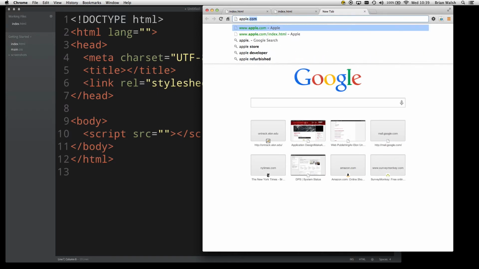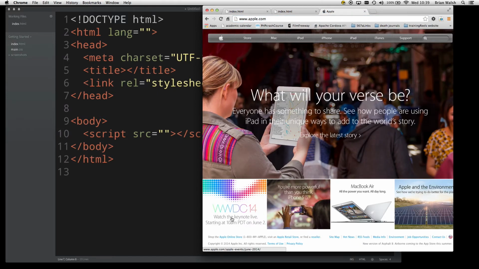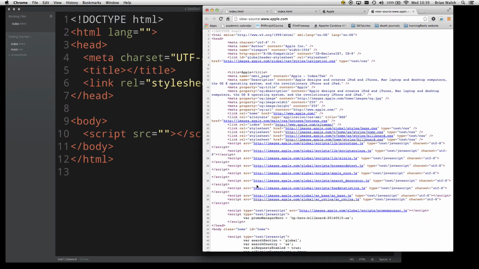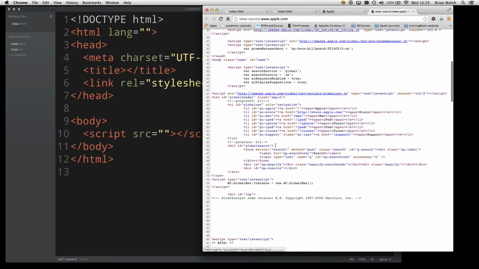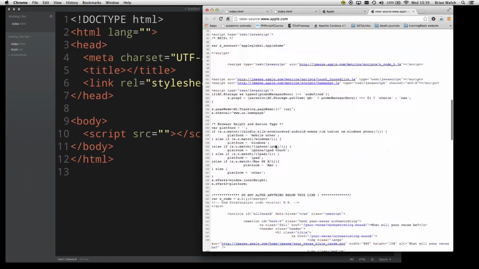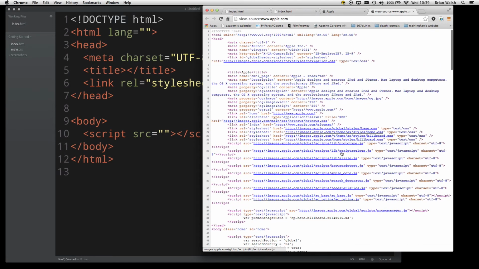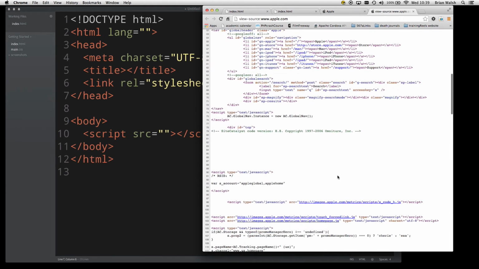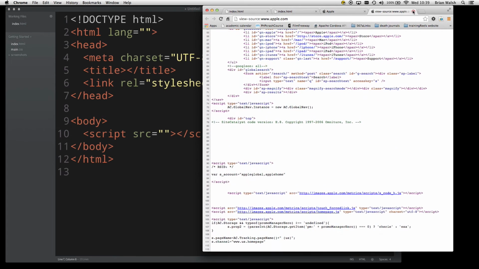So where we were before on apple.com, if I wanted to see the code for their index.html, I could try this control click. Now, if I click it on an image, it thinks I'm trying to do something with the image. So let me try down here. There we go, view page source. So there's the HTML for apple.com. Obviously, this is much more complicated than anything we have looked at so far. We're not going to get our coding up to the point where we can do all of this crazy stuff, but you'd be surprised how well you will understand the contents of a page like this or its code